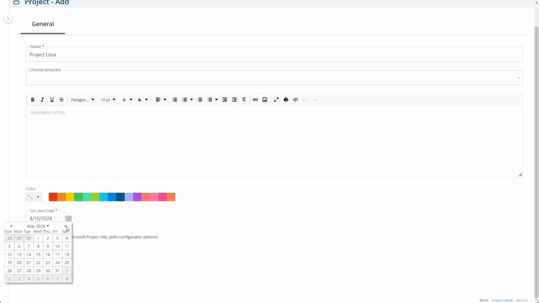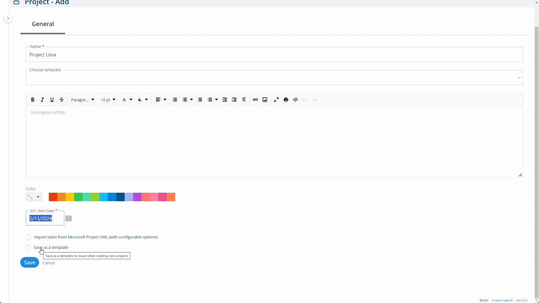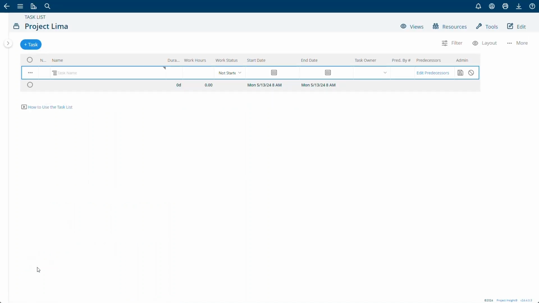Is it today? Is it going to start in the future? I have the ability to decide, do I want to import from MS Project? We can also import just directly from an Excel file as well. Even, do I want this to be a template for future use, right? Wherein then it would be selectable here in the template selection. For the time being, though, we're just going to go ahead and, as I mentioned, create a blank project